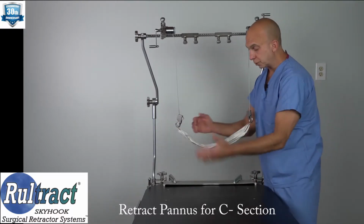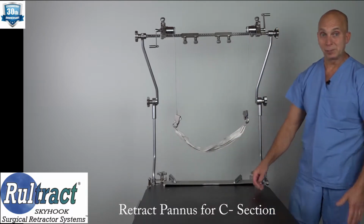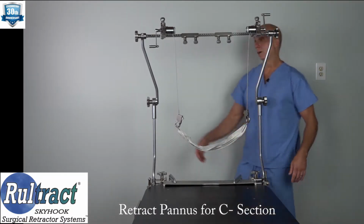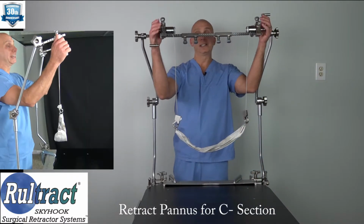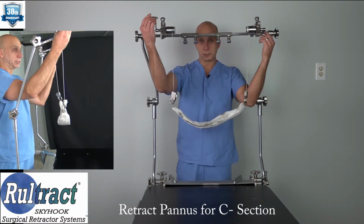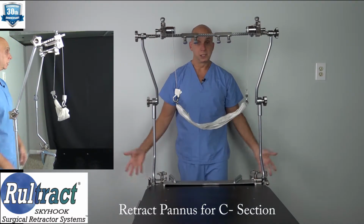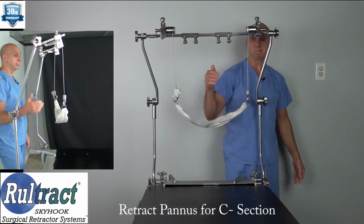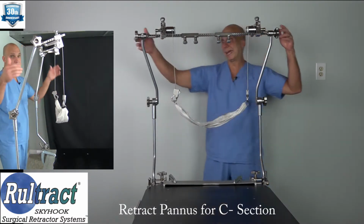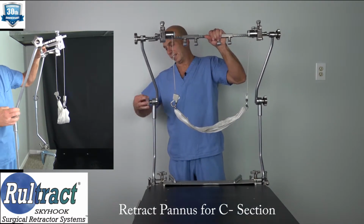And then once you're able to put the pannus into this type of position, and again, I may be totally off base here, we can actually retract it in a couple of different ways. We can use our retractor here to go ahead and lift and to hold it into position. Something else that we can do, if we need to be further toward the patient's abdomen, we can actually lower this